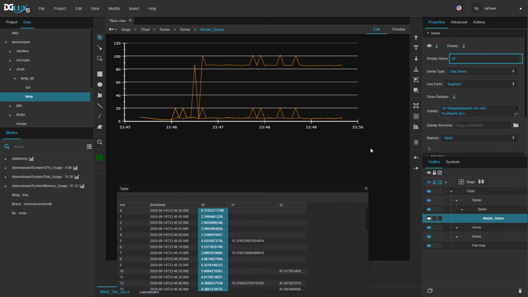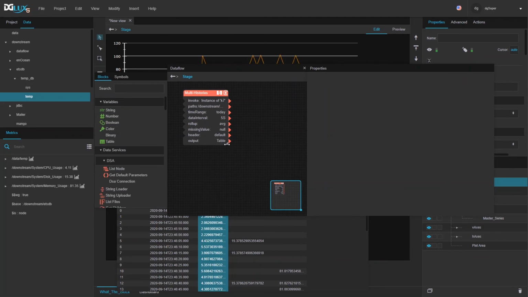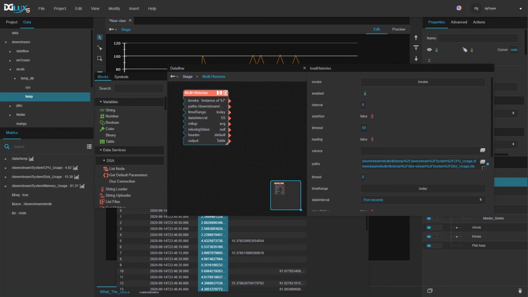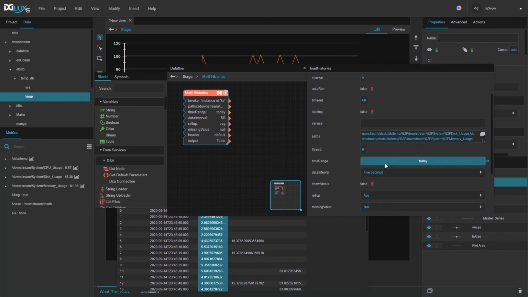So again, this block is very commonly used and very useful. Often the list of histories is constructed dynamically. In this case, obviously, I manually dropped paths in there, but often you would let your user pick what they want to plot, turn that into a concatenated list of paths, and just feed it right in here. And there's half of your